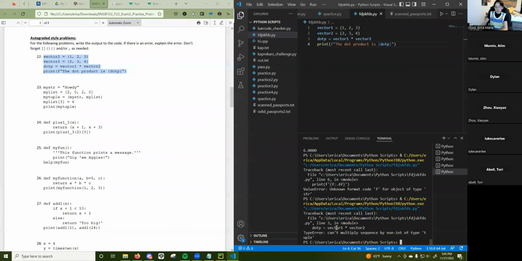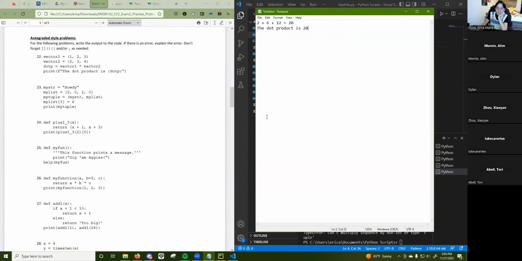Multiply sequence by non-int of type tuple. Okay, it just gave me an error. Yes, that's great. It was supposed to give an error. I didn't realize that they had questions like that. Theoretically, it would be 20, but you can't multiply two tuples like that together. You'd probably have to do